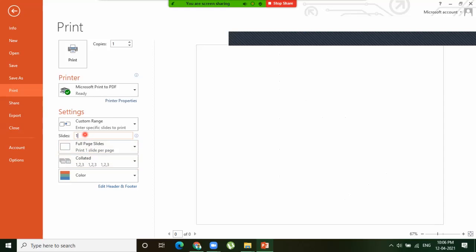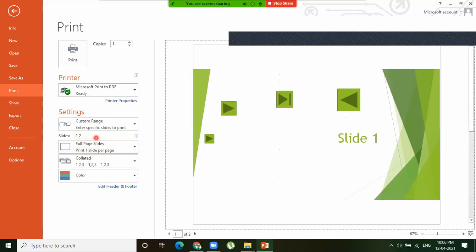First slide, comma, second slide, you can choose first and second by inserting the comma, right? Or if you want to take 1 to 4, 1 hyphen 4, there are only 4 slides, so you can take 1 to 4 by putting a hyphen.